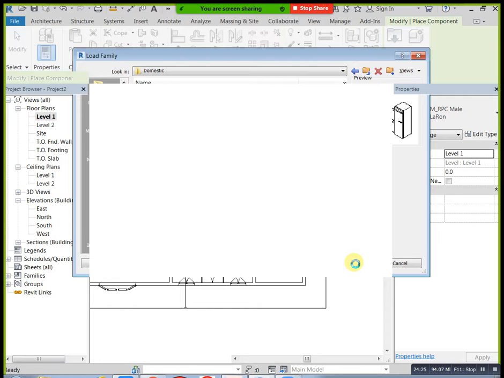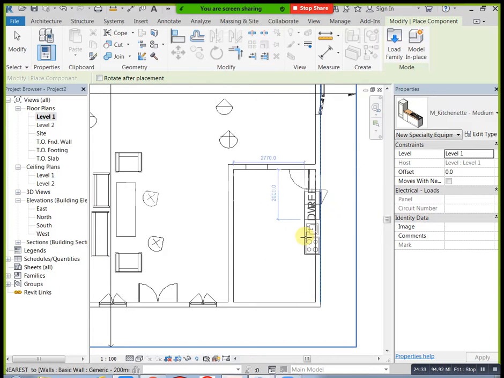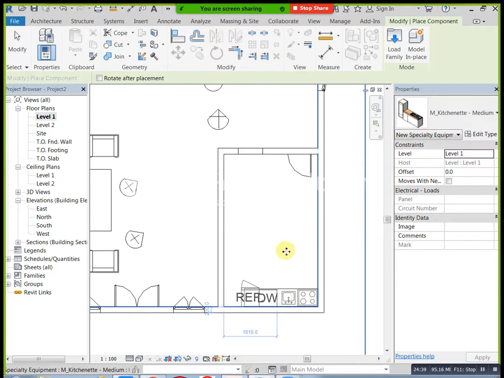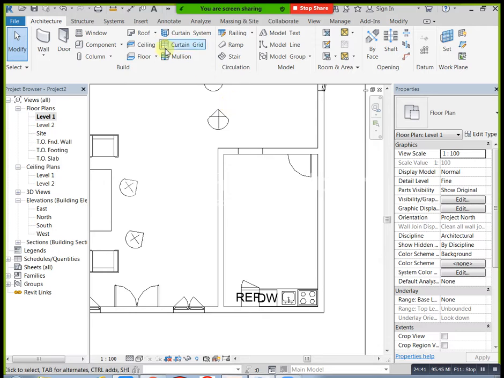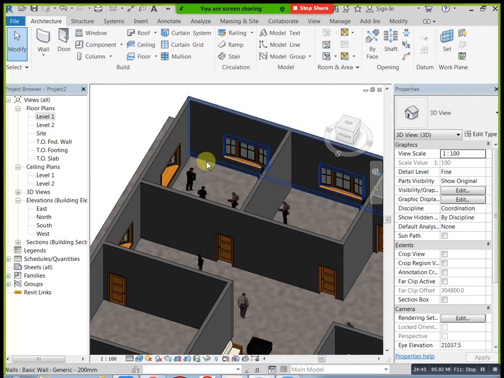Okay, now you can see the kitchen here. When you place it, all of this automatically takes some load. See, this is our kitchen.